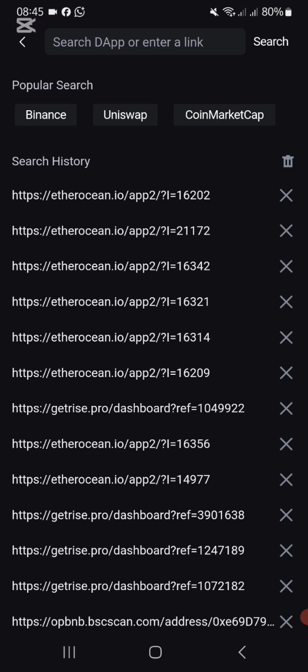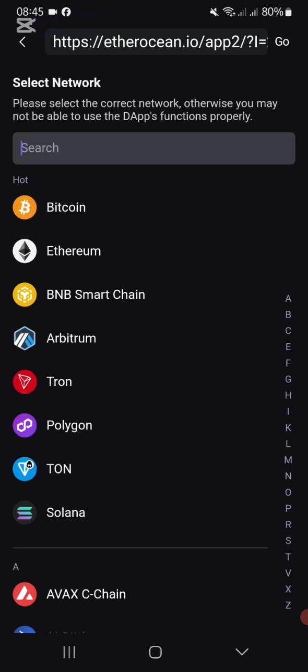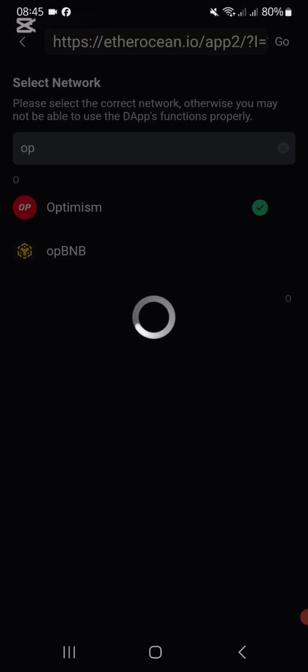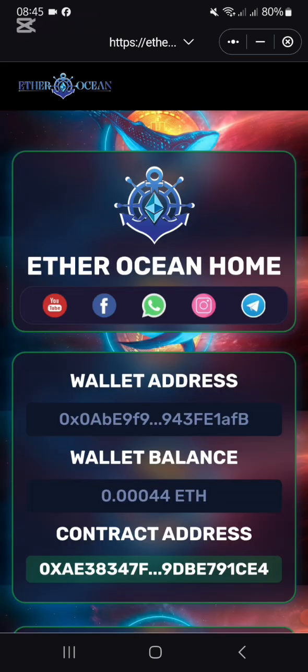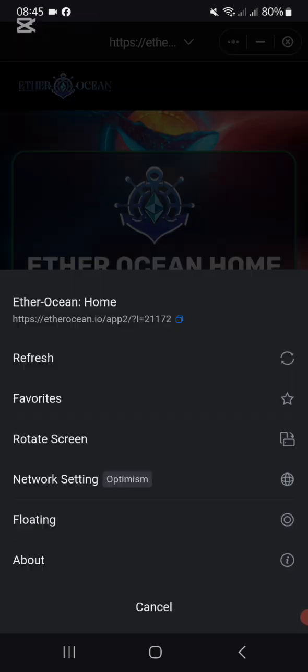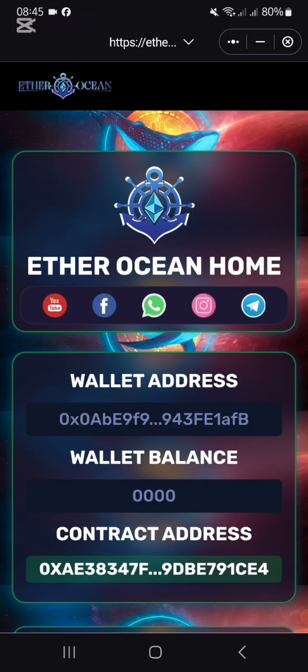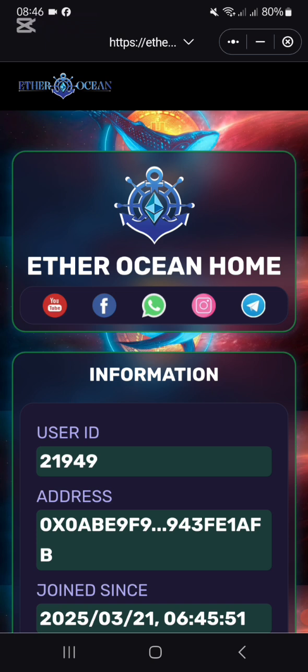So I'm going to go into my wallet through my sponsor's link, because that is what I had. You're going to choose OP Optimism. You must choose the coin. And it's going to bring up my wallet. It sometimes takes a little while, and if it doesn't open up, you go to these three dots at the top and you say refresh. And then it will refresh.